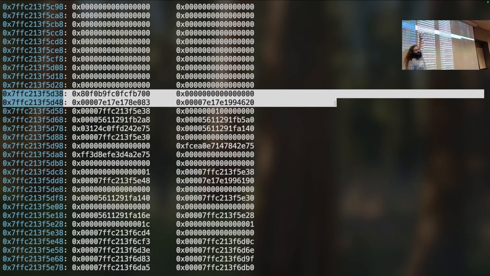Do I have to care about the saved RIP that I'm blowing past? Yes. Why? Because you have to come back from interpreter loop to main and then main to somewhere you want. So if I'm trying to blow past this and I want main to return, I need this return address to probably be what it already was, because I want this function to behave as normally as possible, right? Now, why would I want to do that?